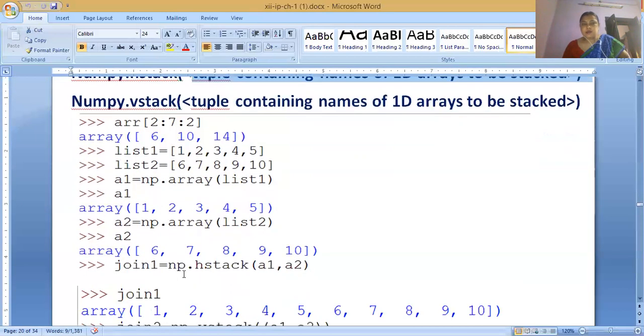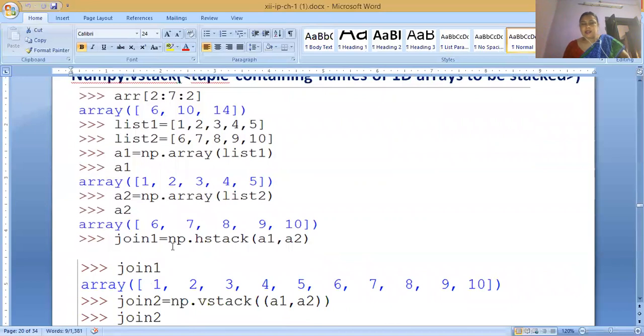Then when we join the NumPy arrays a1 and a2, that is join1 equals np.hstack(a1, a2). a1 and a2 are the two one-dimensional arrays.